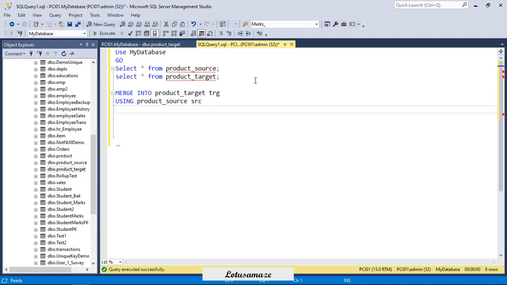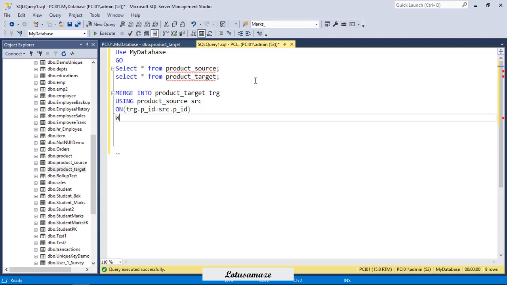And on what basis? On the basis of a condition. Say on trg.pid equal to src.pid. This is the key, the key that is common in both tables. So first of all, we check the insert statement.